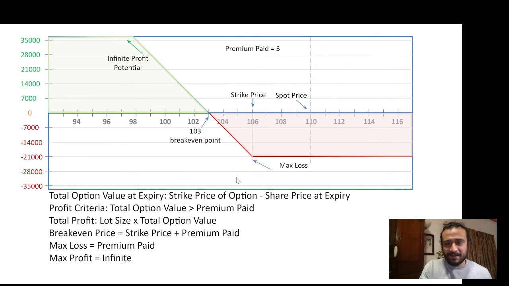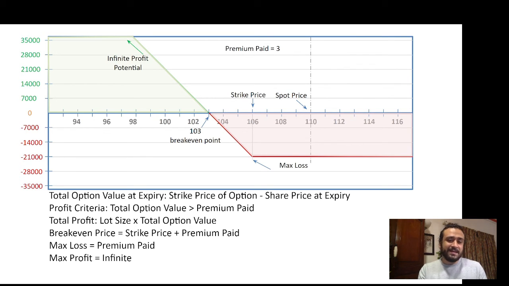And you can see that the max loss is the premium paid, and anything above the strike price, the max loss starts happening. So 106 is your strike price, anything above that your max loss happens. Why is 106 the max loss? Because the option starts getting intrinsic value below this point. So if we take an example of say expiry at 104, the intrinsic value of the option will be 2 rupees, but you have paid 3 rupees premium, correct? So at 104 you will lose 7,000 rupees, as you can see here, the corresponding 7,000 rupees you will lose. I think this is quite clear.